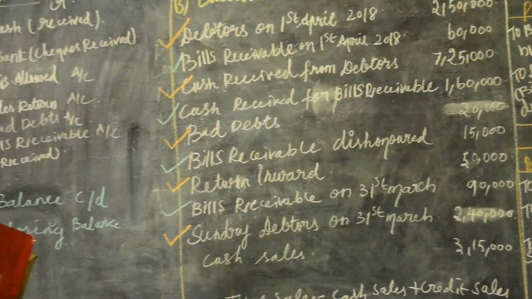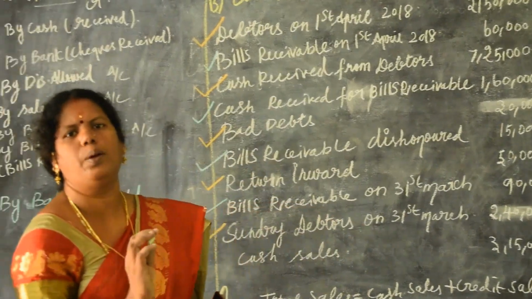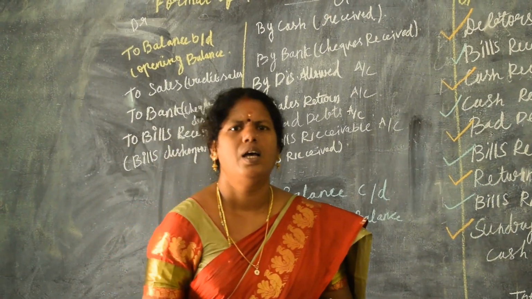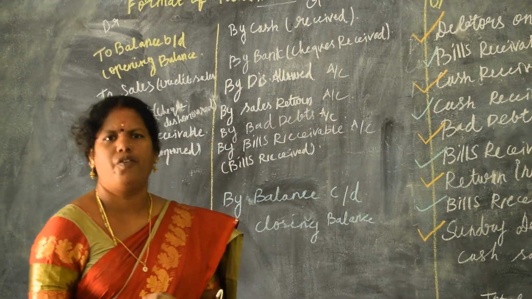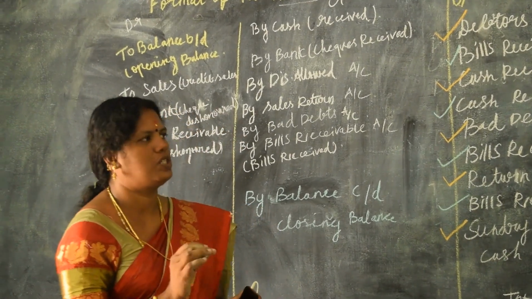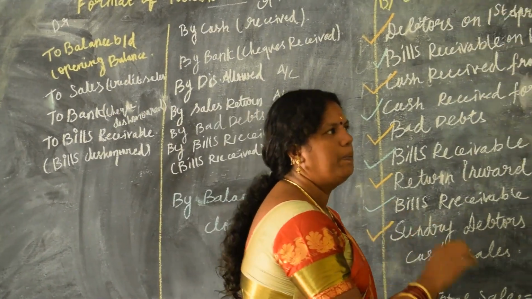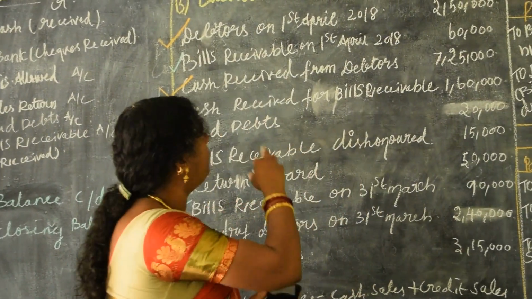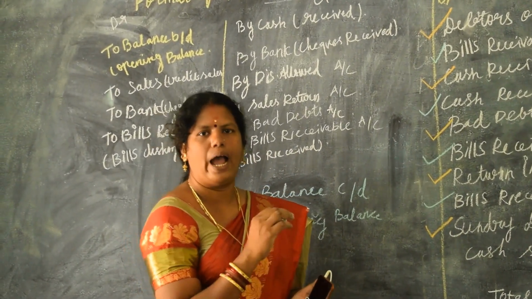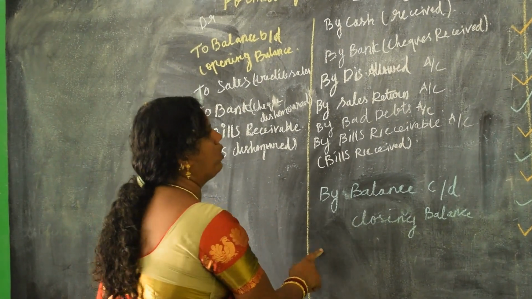Illustrations 10, 11, 12, 13 are homework. Okay, you just download the book. It is compulsory because everybody has an Android mobile. So please download the book. First chapter alone. In that, illustrations 10, 11, 12, 13 will be given, based on the total debtors, bills receivable concept, mixed up with total sales. You find out what the items are. Before that, you just memorize this format. This format is very, very important.